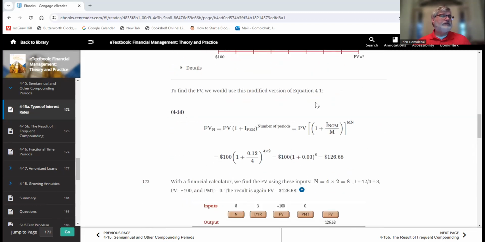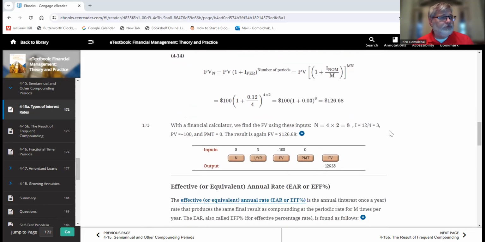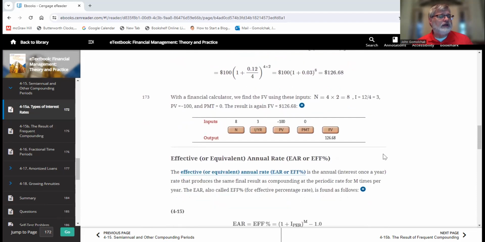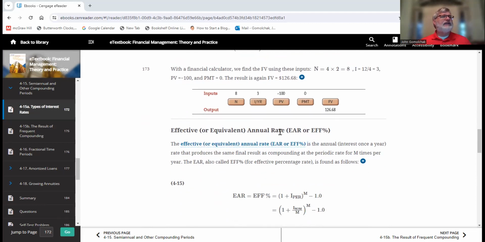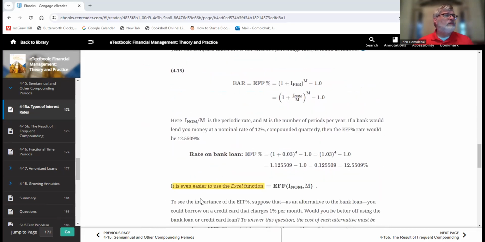Okay. Here's a formula for you. Feel free to use it. Here's how you use your calculator. Effective or equivalent annual rate. The effective rate is what we're going to call it in Excel. Okay, so the Excel function is the effective rate, which would be the nominal rate, and then we also have to put in the number of periods. Okay, so